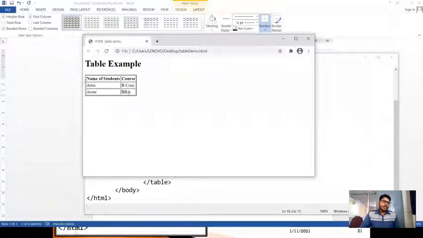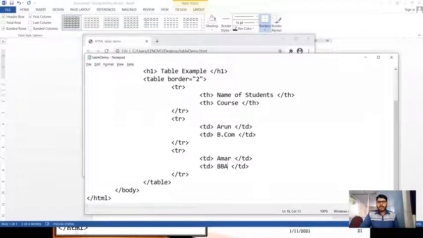Assume that I want to merge these two course values, and Arun and Amar both are learning BCom only. In this case, I need to merge these two cells. To do this, I need to include a row span here in this particular position because I want to include BCom for both rows.